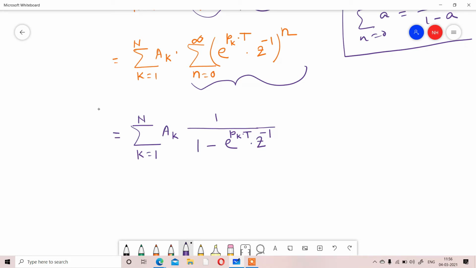so if we do the z transform, we are getting an expression, k equal to 1 to N ak, 1 minus e to the power